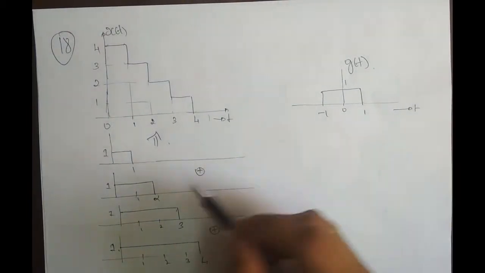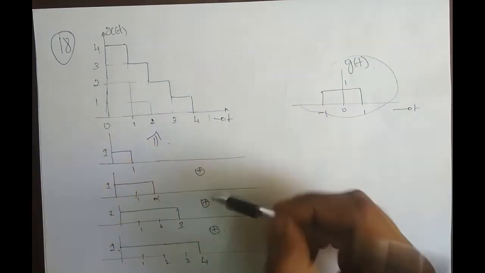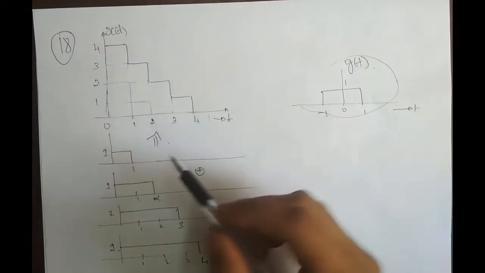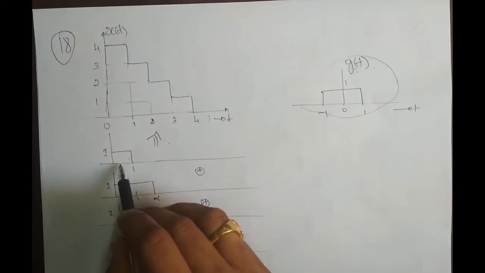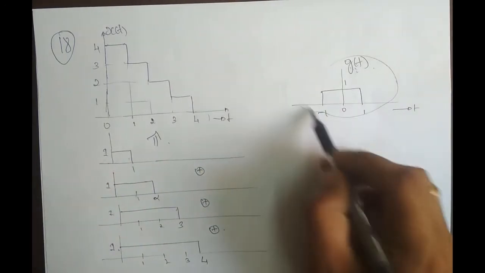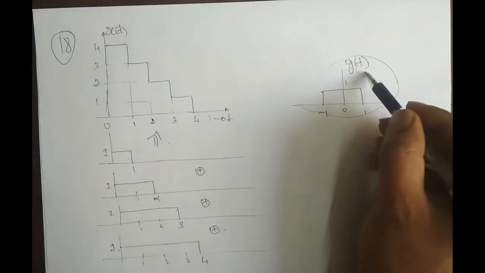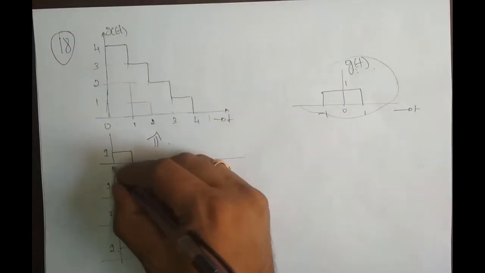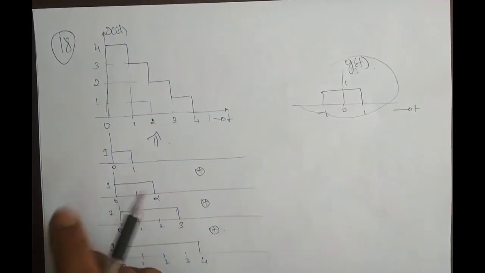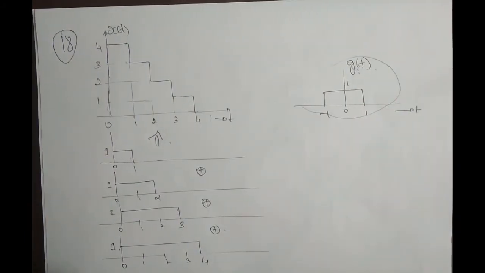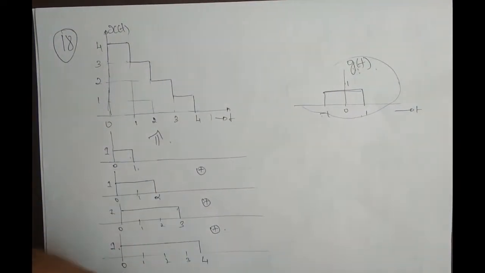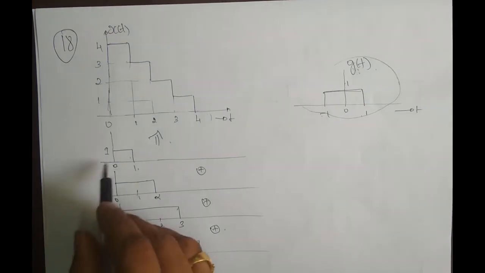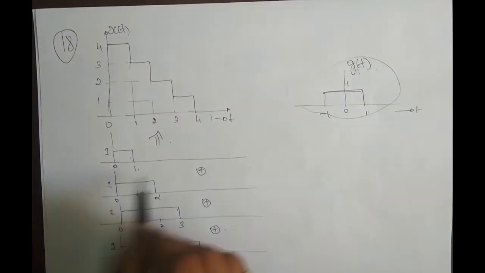But my question is, how do I express this signal in terms of g of t? So this signal, which we have not named yet, has to be represented in terms of g of t. Similarly, all these 4 have to be represented in terms of g of t. Now, how do I put this in terms of g of t? Any guess? Basically, this is varying from -1 to 1, amplitude is 1, but here it is 0 to 1. So how do I convert this -1 to 1 into 0 to 1?